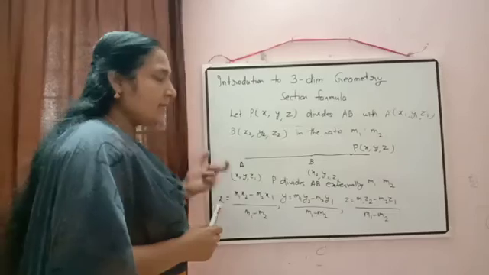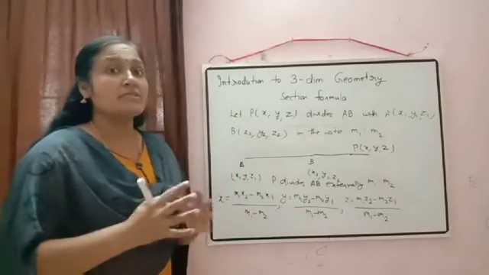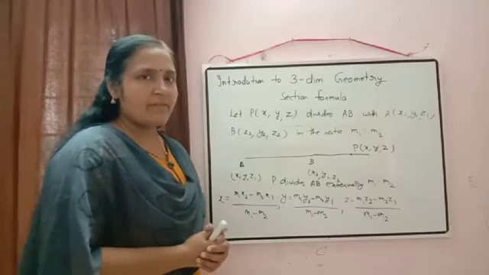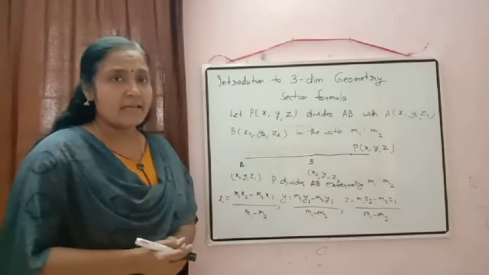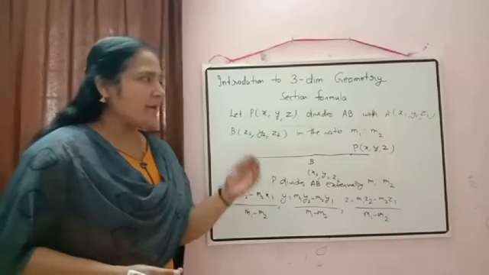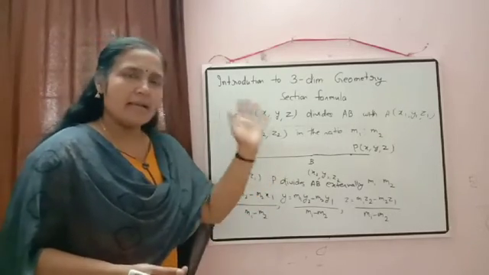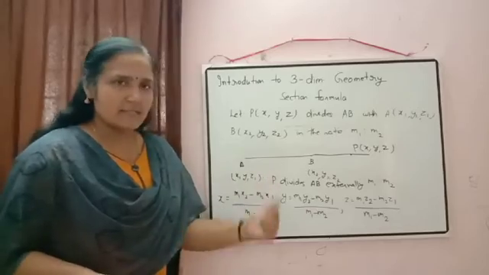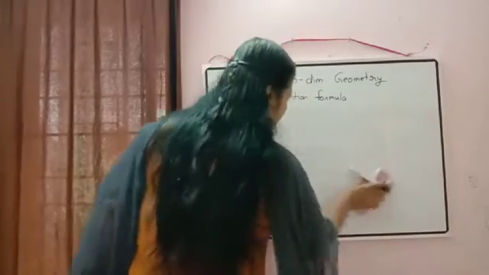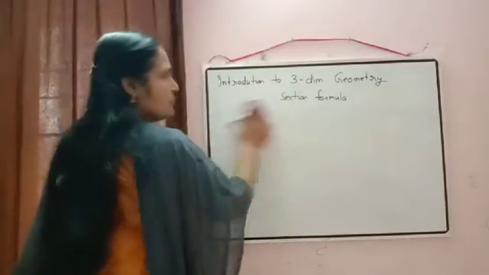Okay. And in case of external division, your ratio will always be negative. So in any question, when you are finding the ratio and you are getting a negative answer, don't think that your answer is wrong. In that case, it will divide the line segment externally. So I hope the section formula is clear. So at present, we have taken the point P dividing AB in the ratio M1 is to M2.